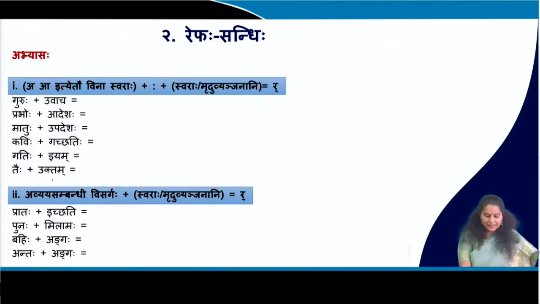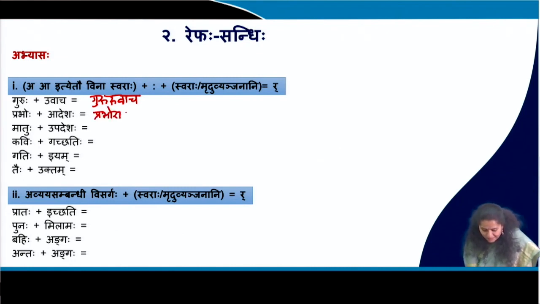अभ्यासं कुर्मः मिलित्वा। तर्हि गुरुः उवाच, एतत् सरलम् अस्ति, if you say it fast सरलं भवति। गुरुः उवाच, गुरुरुवाच। उत्तमम्। अस्तु, next प्रभोः आदेशः, प्रभोरादेशः। अस्तु, उच्चैः उक्त्वा लिखन्तु कृपया। अस्तु, मातुः उपदेशः, मातुरुपदेशः। उत्तमम्। Next कविः गच्छति, अत्र लिखामि, कविर्गच्छति।